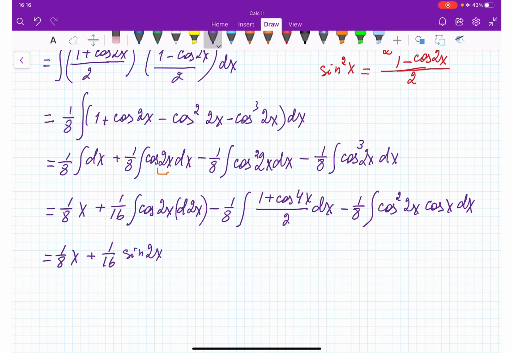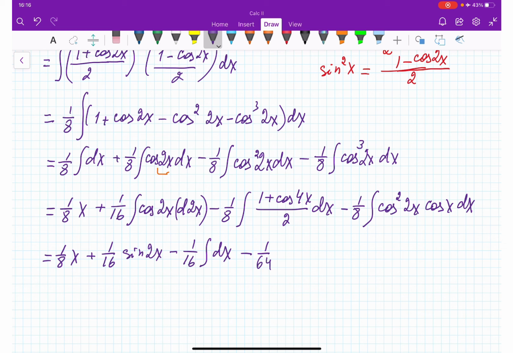Integral of cosine minus 1/16 integral dx. This piece we are opening, separating. 1 plus cosine 4x, right? Yes. Minus